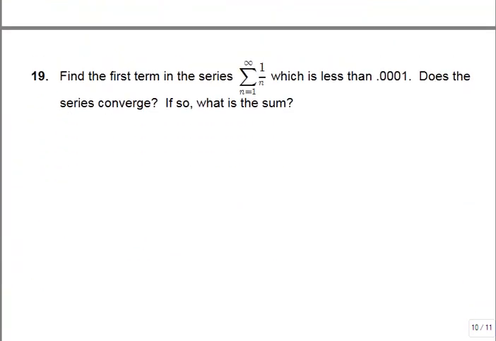All right, find the first term in the series 1 over n, which is less than 0.0001. Does the series converge? If so, what is the sum? Now this one's a tougher one because 1 over n is not a geometric series. It's not a fraction or a number being raised to a power. It's just 1 over n. So what we want to do here is be a little bit more creative. We can't use our